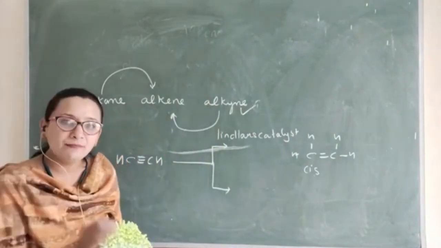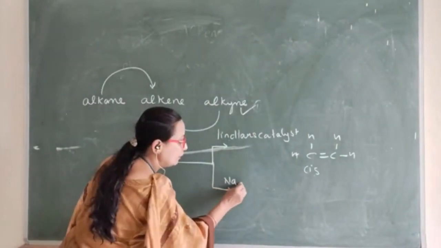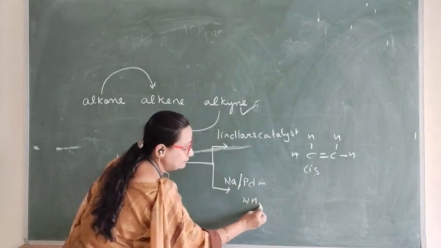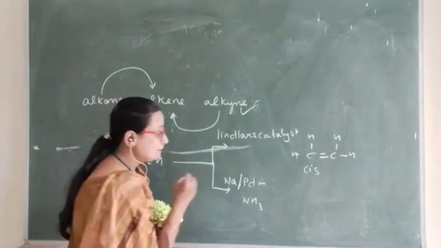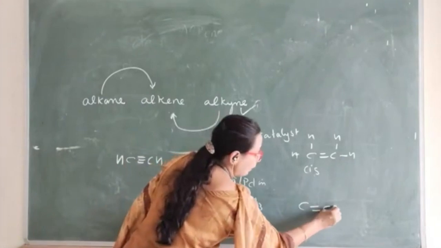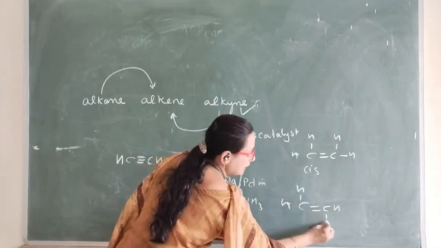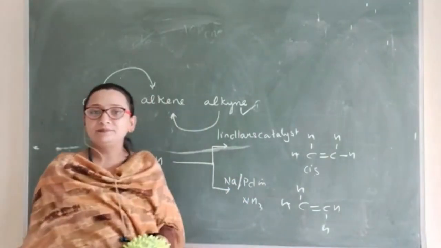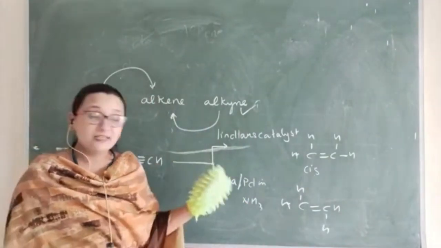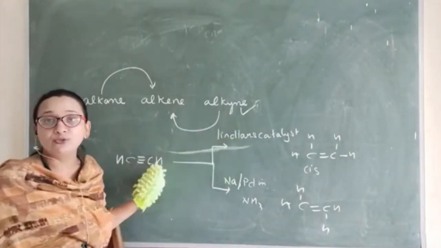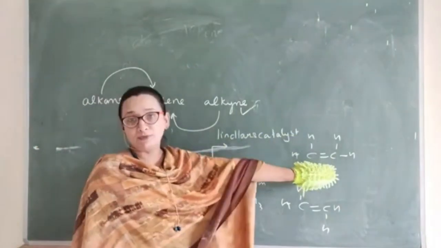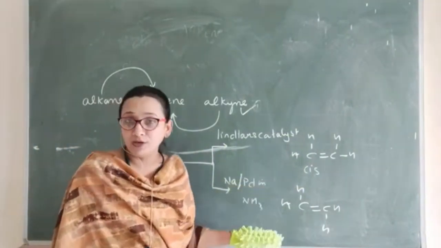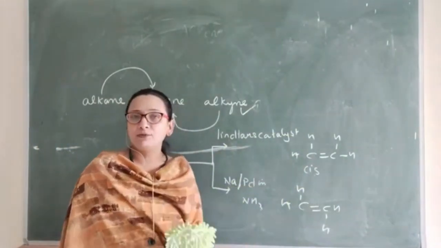और अगर सेम चीज इफ यू आर यूजिंग सोडियम और यू से फॉर एग्जांपल यू यूज पैलेडियम इन प्रेजेंस ऑफ अमोनिया, देन द सेम अल्काइन, on this alkyne the proton is getting added from opposite side, you get a trans product, right? So Lindlar's catalyst undergoes reduction to give you cis compound, and sodium or palladium in presence of ammonia gives you a trans compound. This is the only difference.